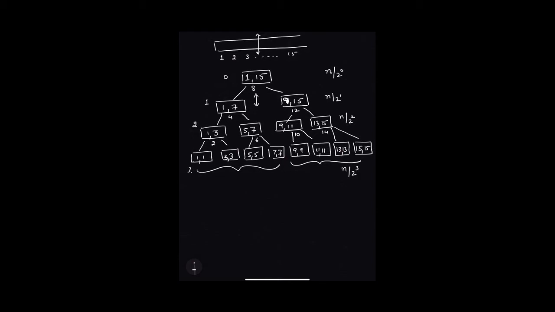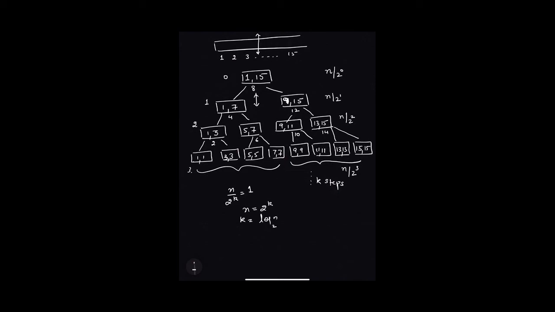So if I execute the whole process up to k steps, the total value I would get is n by 2 raised to the power of k, until the stopping condition is met. The stopping condition is 1. So I can say if n is equal to 2^k, then the value of k is log n base 2.